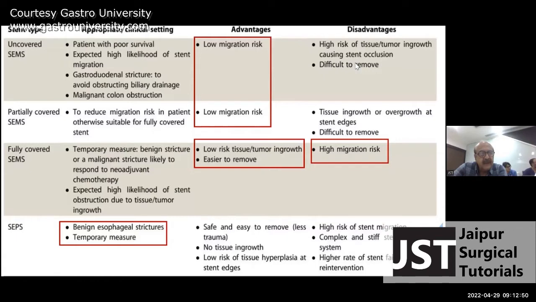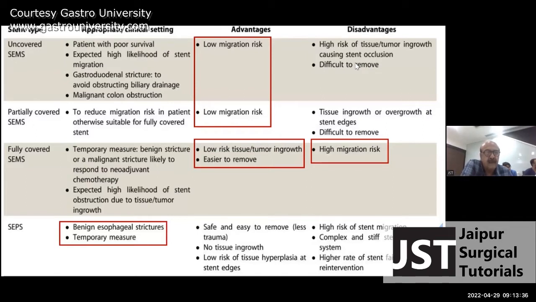Now, various types of stents are there: uncovered, partially covered, fully covered, and plastic stents. The plastic stent, the indications are benign esophageal stricture. It's a temporary measure, but it's actually a little stiffer than the metal stents, and a little complex in introduction, and there is a higher risk of migration. I mean, it's a straight conduit, so it can migrate, and there may be a technical failure. Re-intervention may be required, but there's no tissue ingrowth and low degree of tissue hyperplasia because of plastic. So these are the advantages